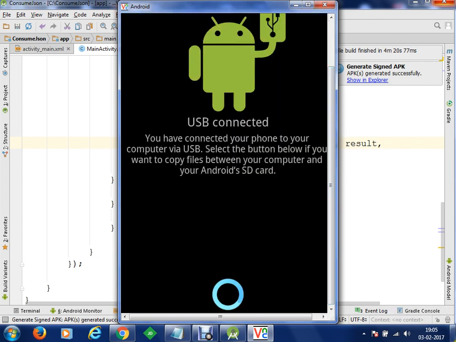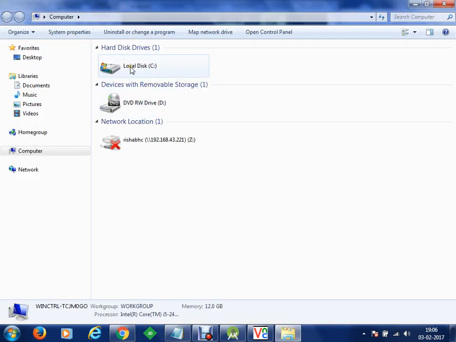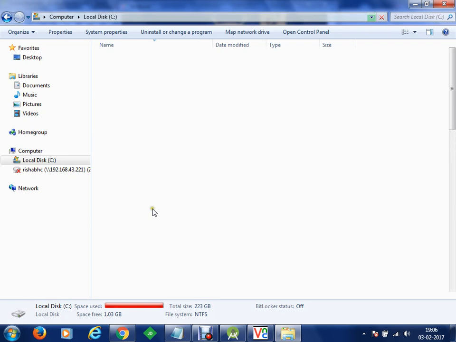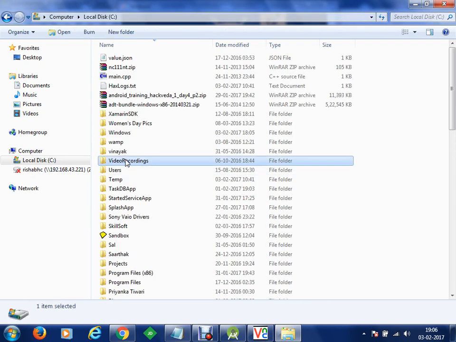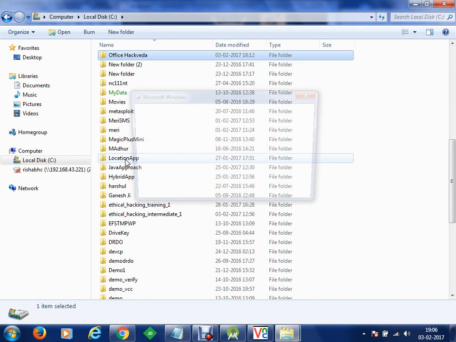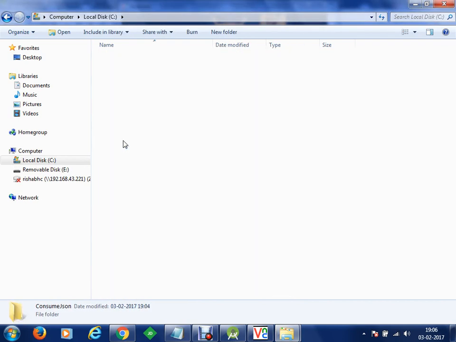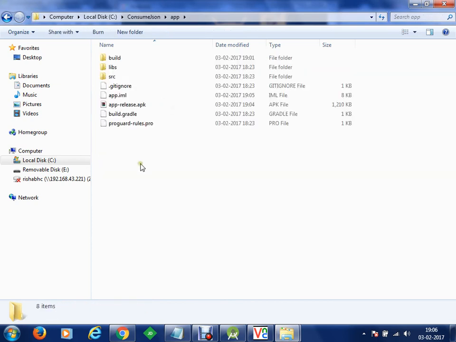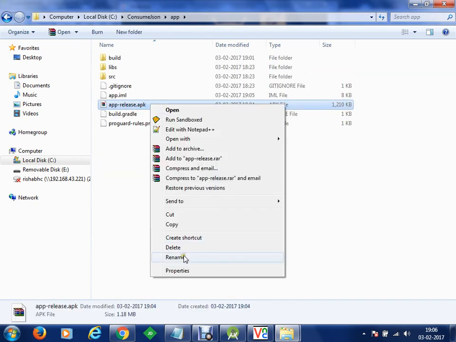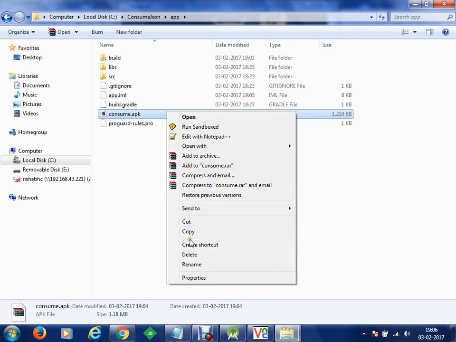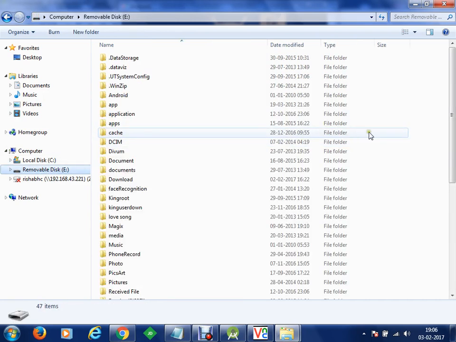By the time USB gets mounted, we'll move to the application directory here, within my C drive, within my consume JSON. We're going to get the app from here. Let's rename it to something more meaningful, consume.apk. Copy, and paste that to your device.